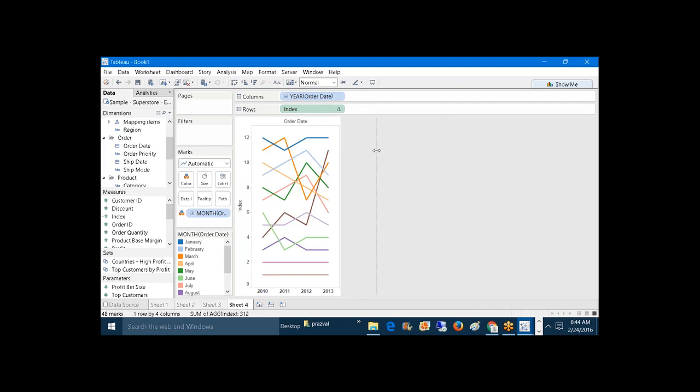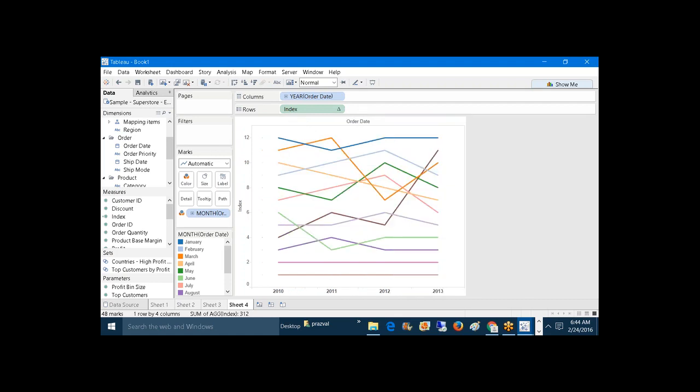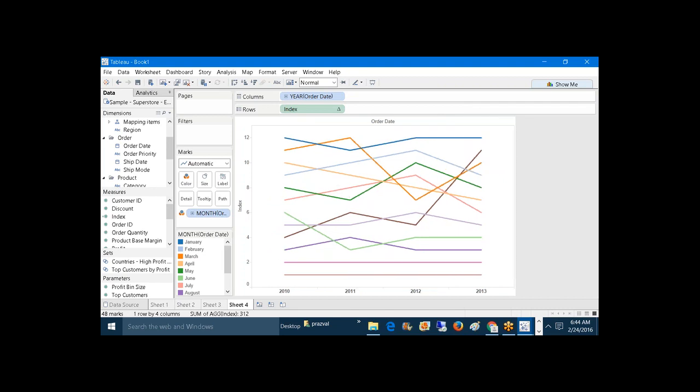Now here we are seeing some bumps on the lines. So this type of chart is called the bump chart or the racing chart. Now it is restarting for every year. Let's say we can see here in the year